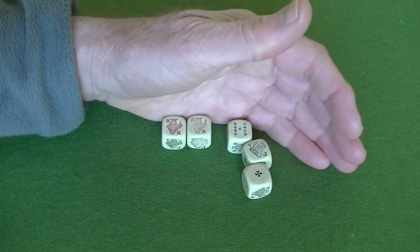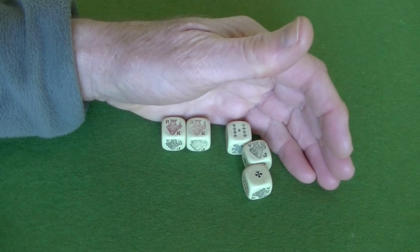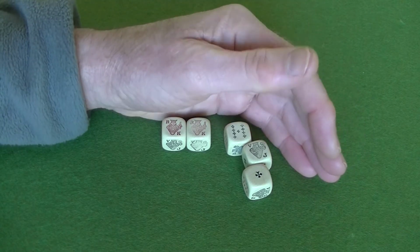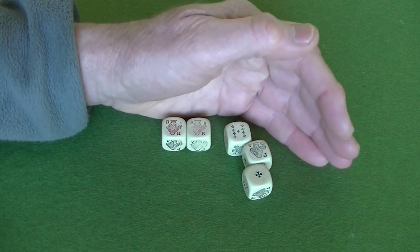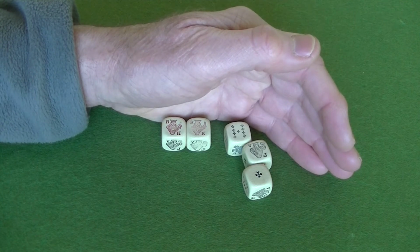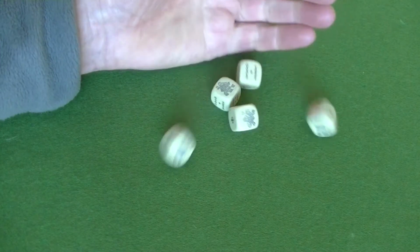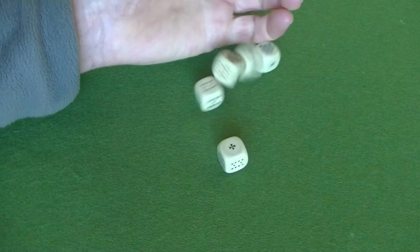So the opponent would have to have said something like 3 aces and 2 kings or something like that, and then you would have to call them out whether they were bluffing or not. And if you were correct, you won the game. If they were correct, you fell out of the game. So you could play it with a number of people. But anyway, that's another kind of tactile,